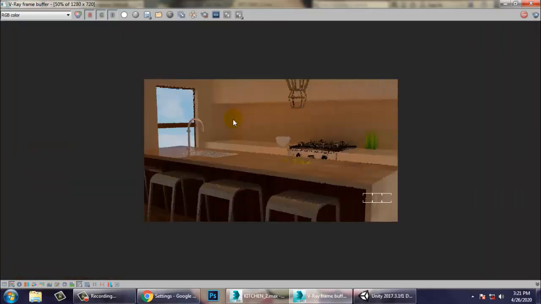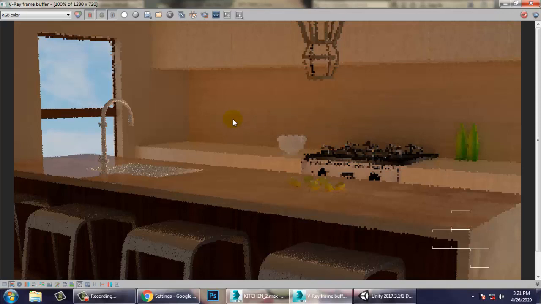So let it just render, then we can just check how it looks like.